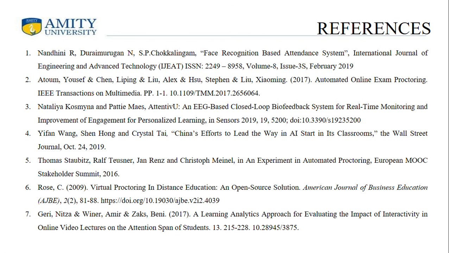References. When I studied earlier papers, I found this problem has been addressed, but the solutions were either too invasive, like China introducing focus headbands that faced backlash all around the world, as they were thought to look over what the candidate is thinking. The solution was considered too invasive, and the lack of scalability was in most systems. They needed too many things to extract data, so they could be a good option for 50, but going from 50 to 500 was a challenge for them.